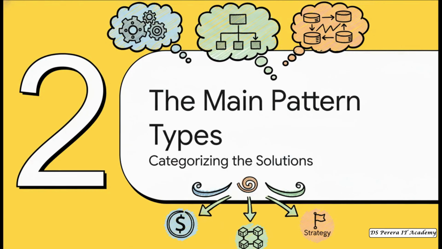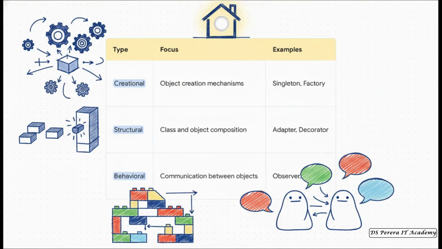All right, so it's not like these patterns are just thrown into one giant messy box. No, they're actually organized really neatly into 3 main categories, and it's all based on what they're designed to do. Understanding these groups is key, because it helps us pick the right tool for the right job. And this table here lays it out perfectly. We have 3 main families of patterns. First up, we've got